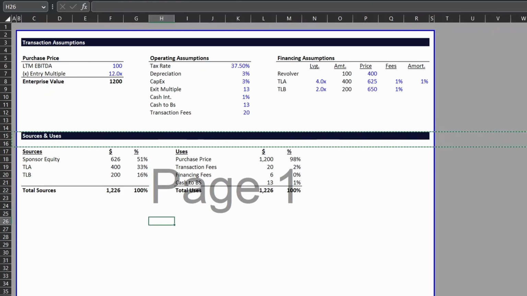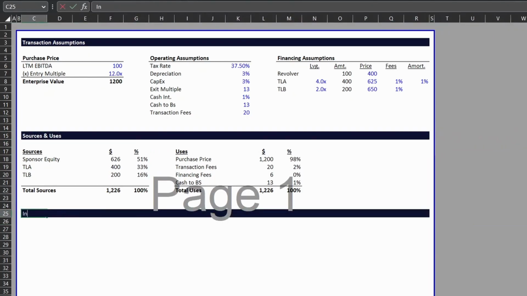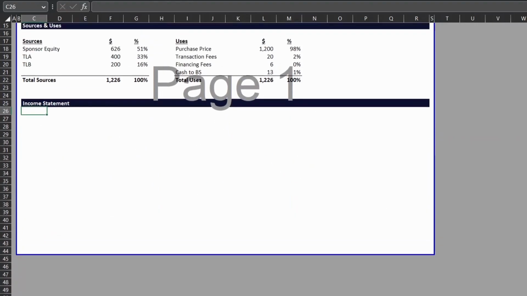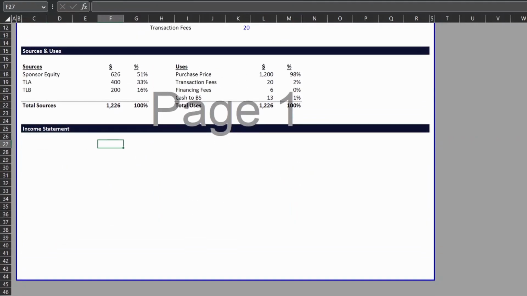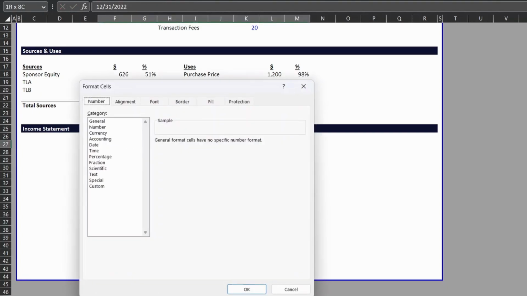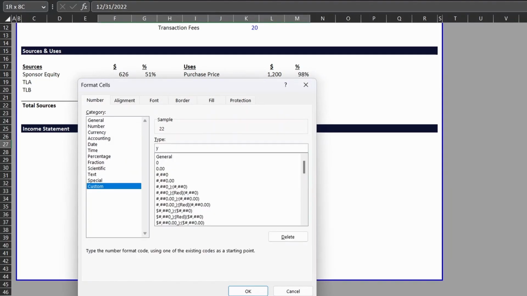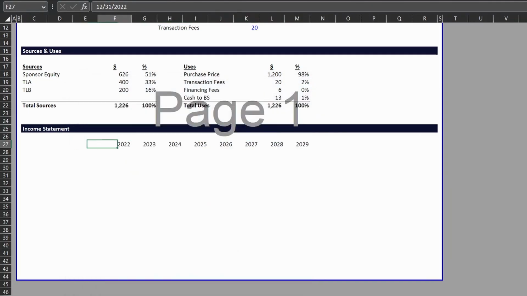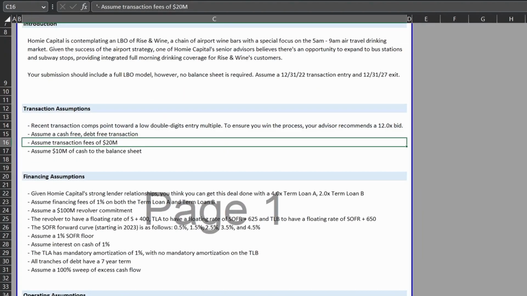We'll copy down the header and kick it off on our income statement. We'll drop in our years here first up at the top. We're entering on 12/31/22, and then we'll do EO month 12 and carry that out through exit at the end of 2027. Update the formatting to years, and we've got a couple extra in there, so we'll delete that. The ones we need, we'll bold it, center it, underline it,